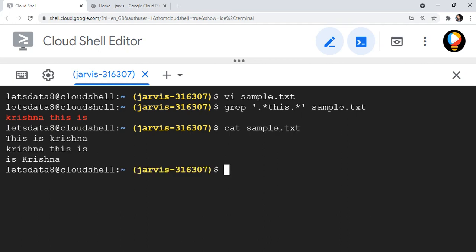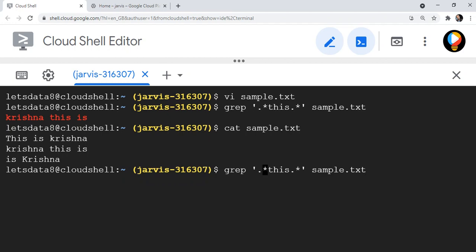So these were the three lines, right? So you can see I have written small t, right? And this is capital T, so this was ignored. The third line doesn't have this. Only the second line is matching the pattern, like anything before this, anything after this, from this content will only result this one line.